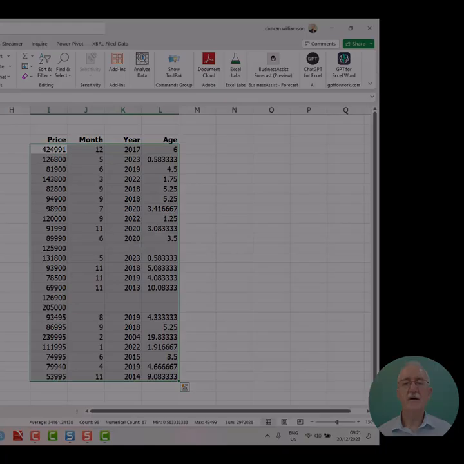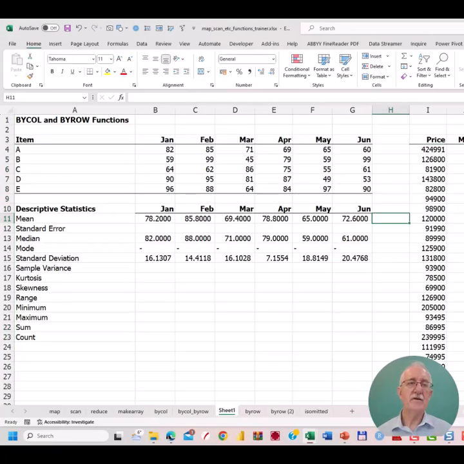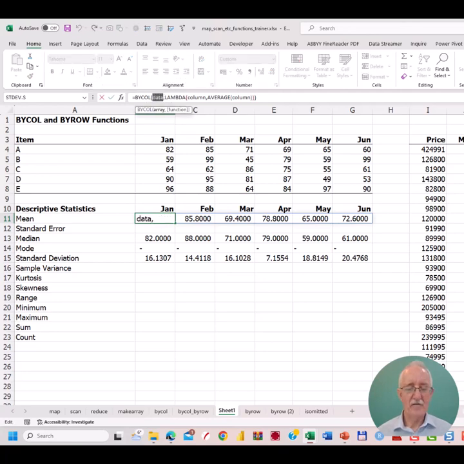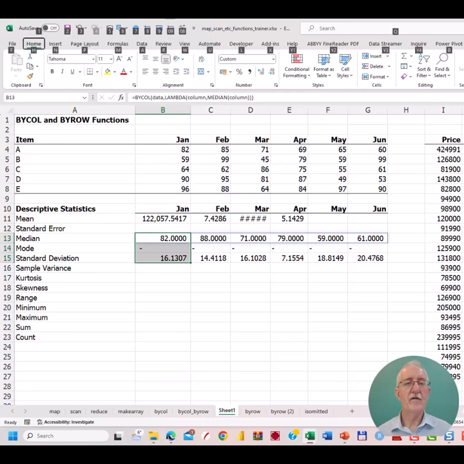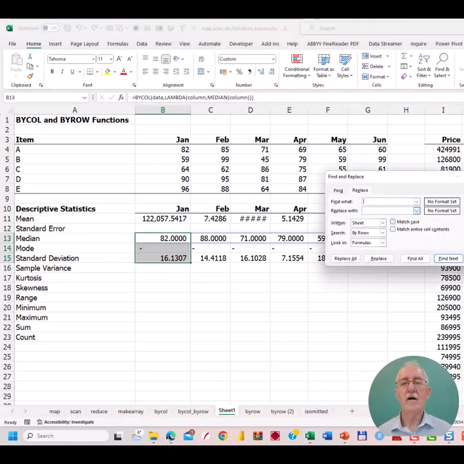There, that's my range. So if I'm right, change the BYCOL in this way. I now want the mean of all of those bits of information. So I change that from data to AML. Bingo. I could do Alt-E, search for data, replace with AML, replace all,